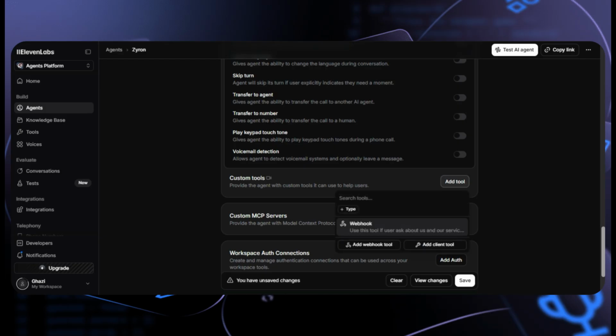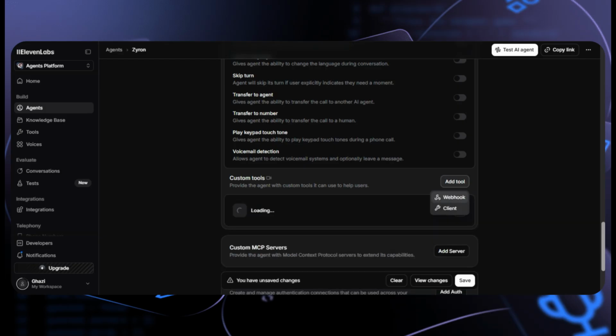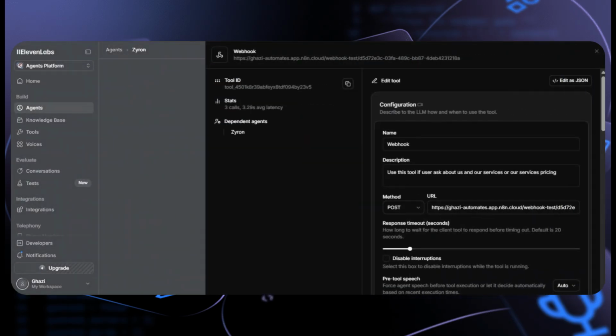So custom, so it is set, but I will add it again. When you click the plus icon, here I will set the name, and here I say use this tool if the user asks about us and our services or our service pricing. And here